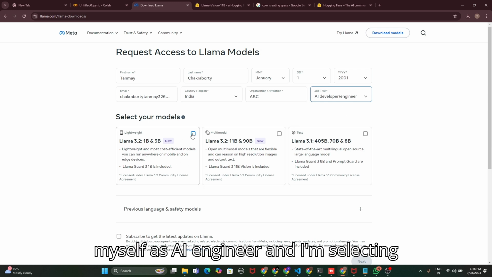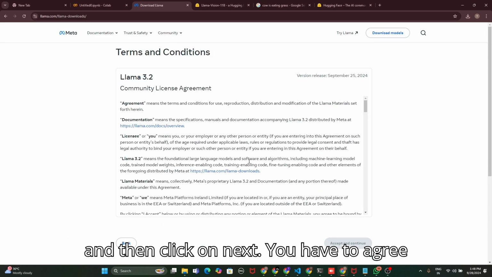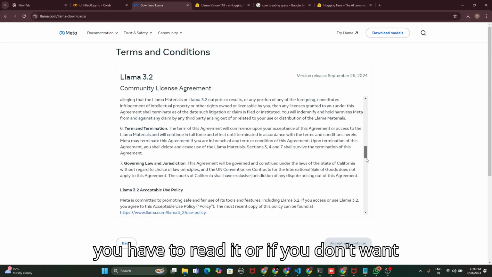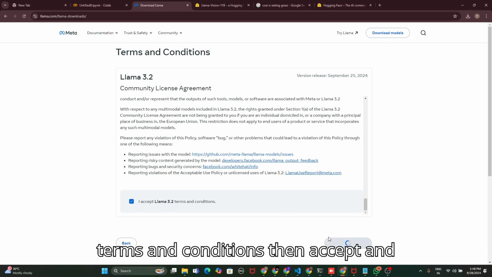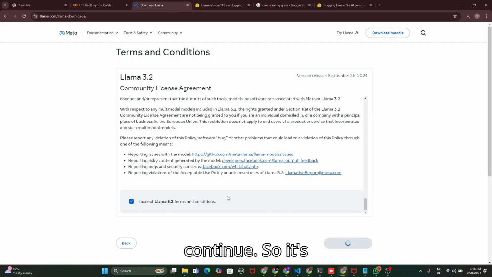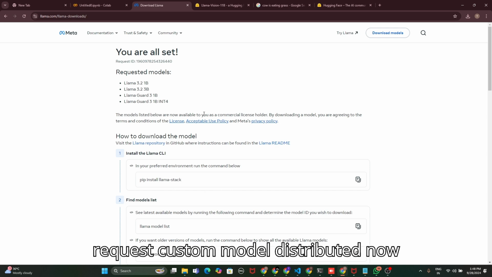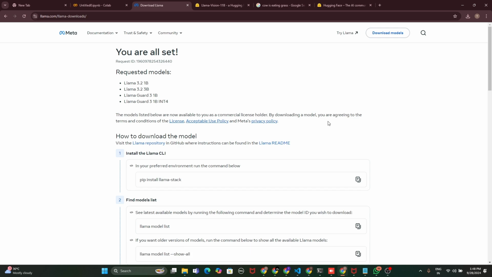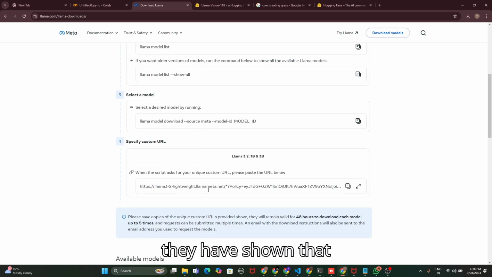And I'm selecting maybe this model. You select this model, and then click on next. You have to agree, you have to read it, or if you don't want to read it, ignore it. Just accept these terms and conditions, then accept and continue. So it's running, right? So you can see, right? So request numbers, the model is now available under a commercial license, but only if you agree to this. So they have shown that